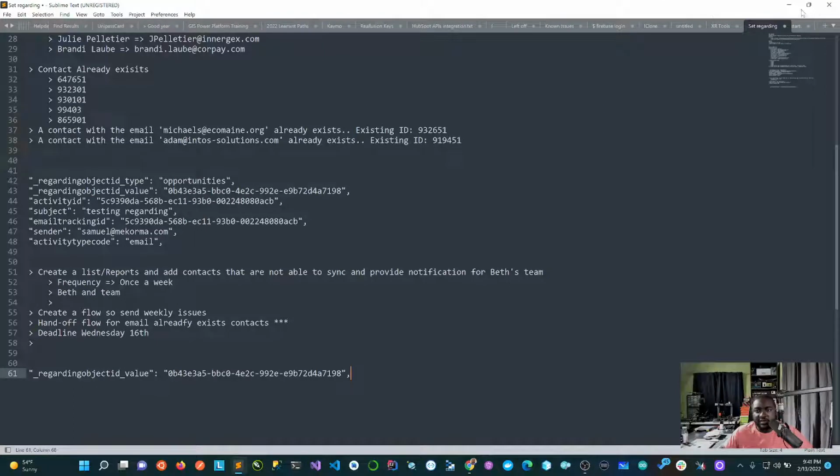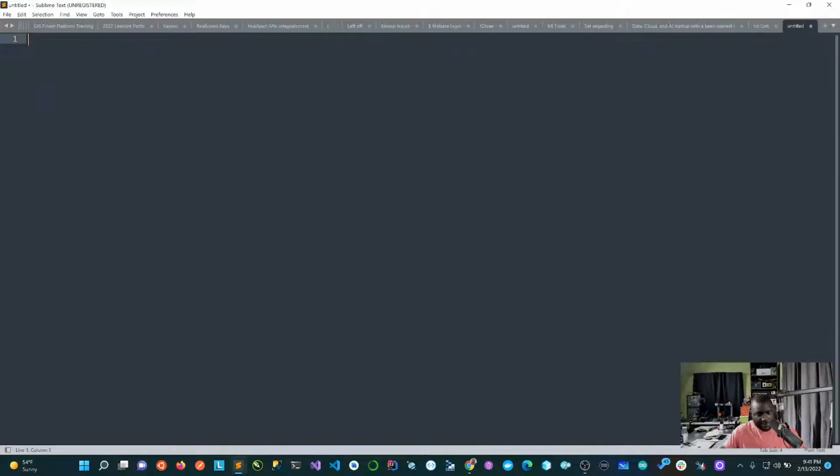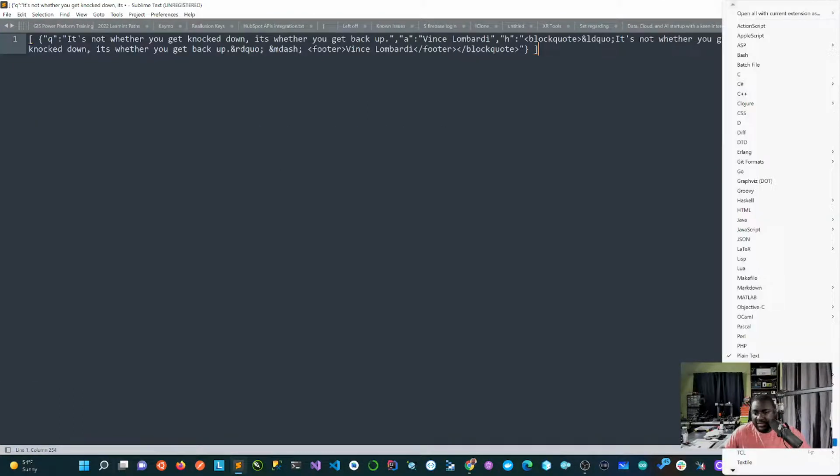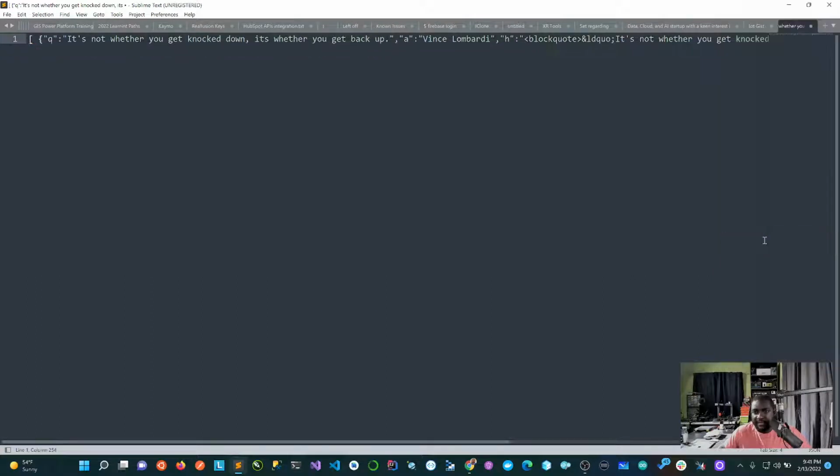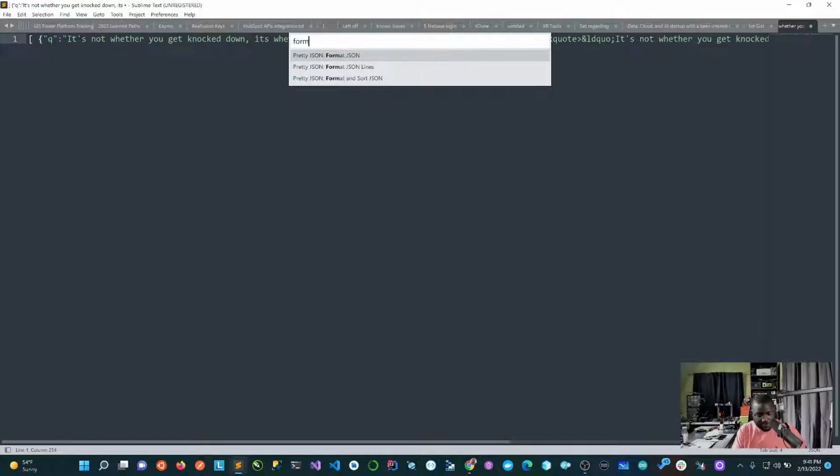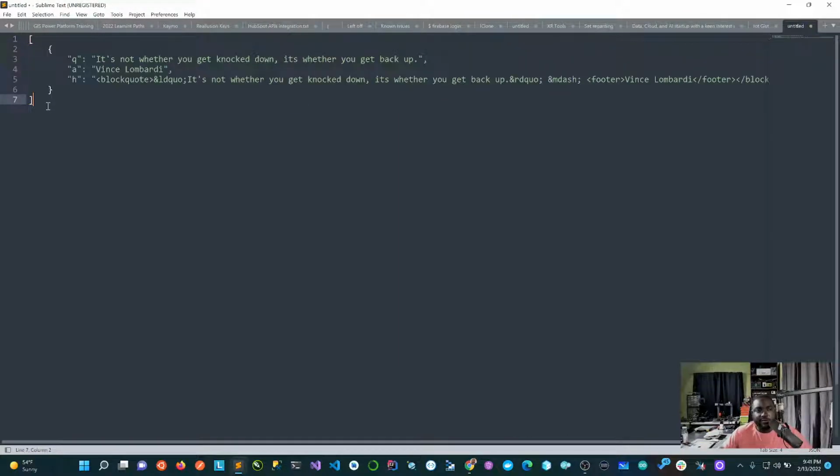There's a reason why I'm doing this, I'll explain later. I'm going to paste this here, and I'll change this to JSON. There you go. And let me see if I can pretty-format the JSON. There you go. I just wanted to format it.